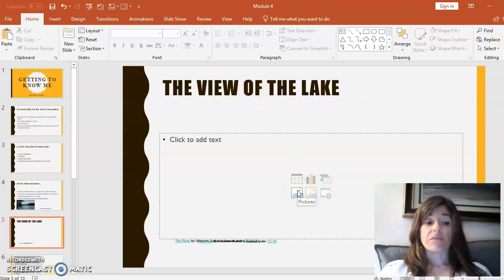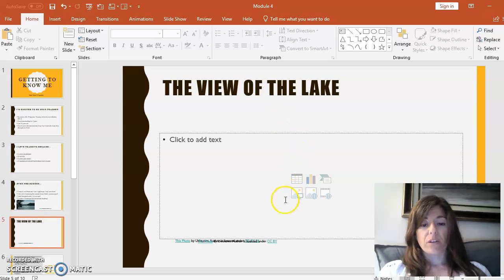Obviously, there is no view of the lake, so we have two different ways that we can insert an online picture. We can either go to the icon right here in the slide and click on that online picture, or